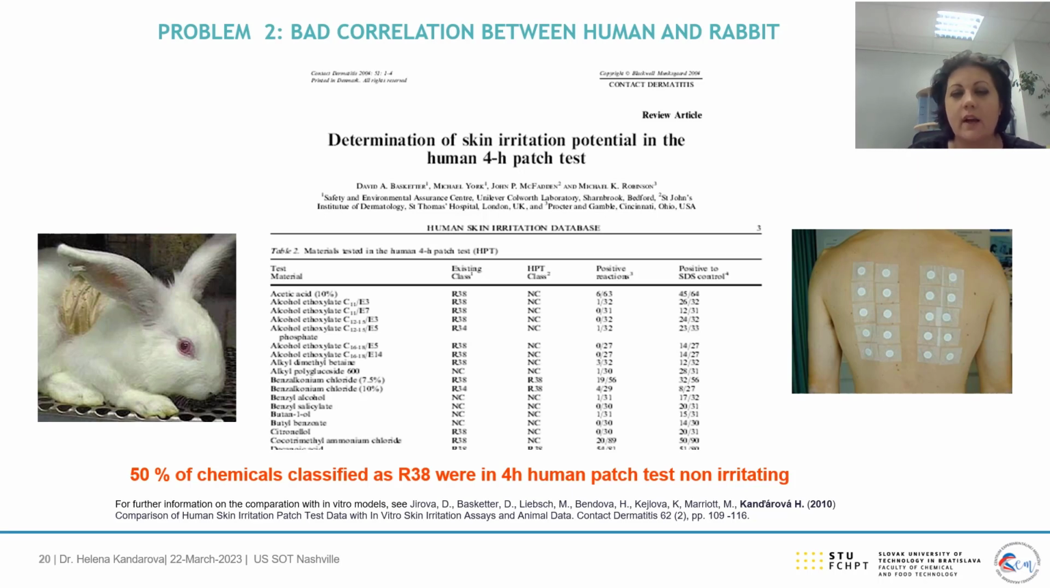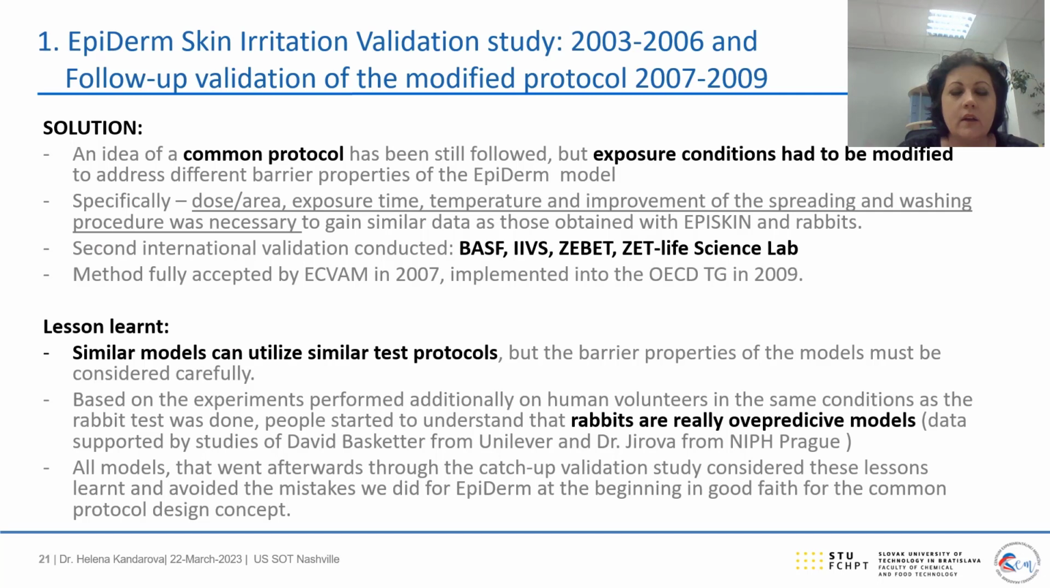So the volunteers didn't react. And when we conducted a follow-up study, where we again had human volunteers against the epiderm model, we saw the same pattern in the follow-up study. Materials that were not irritating to epiderm but classified as rabbit skin irritants were not irritating to human skin or very mildly irritating, which is what is expected if you have a well-developed reconstructed human tissue model. So the solution for this was not